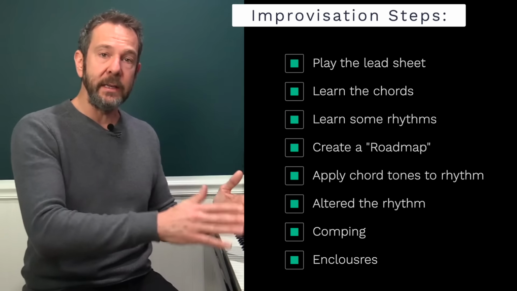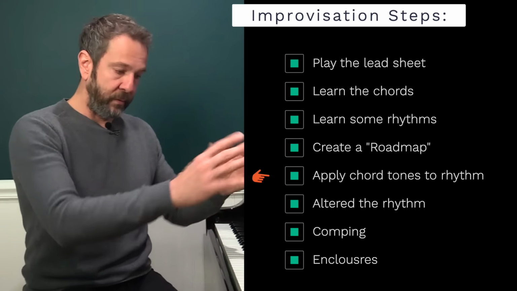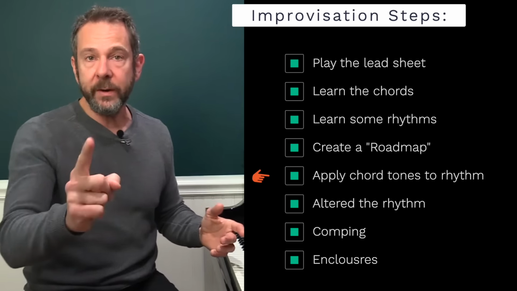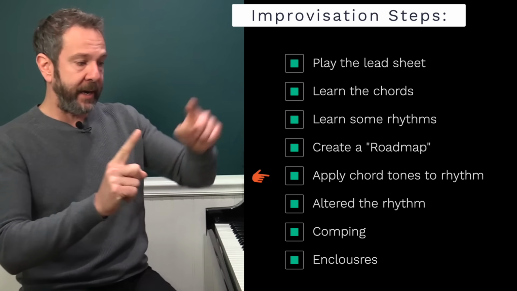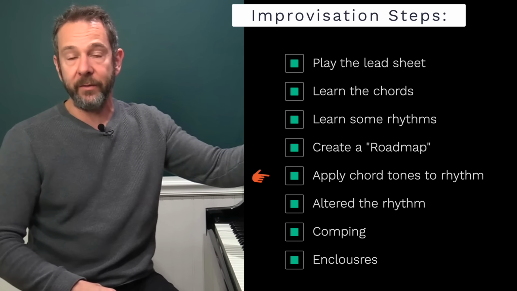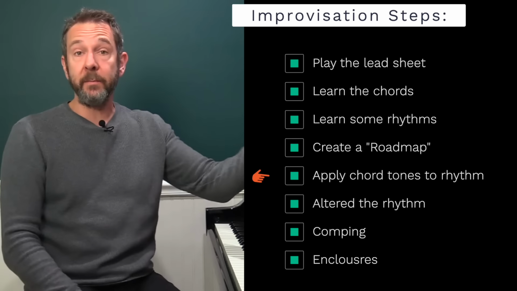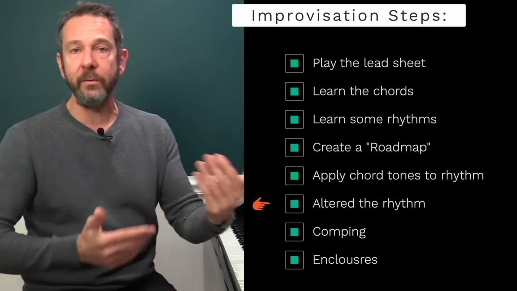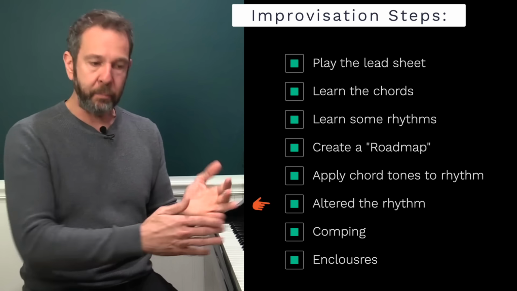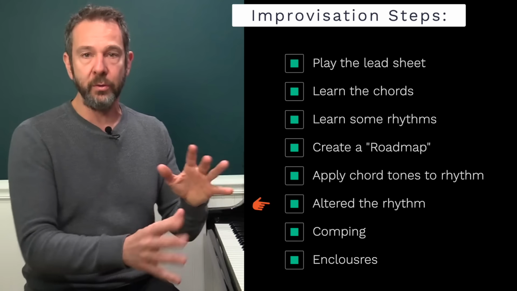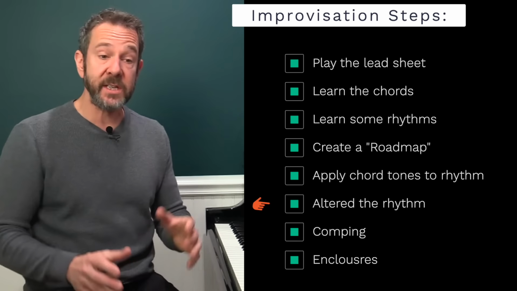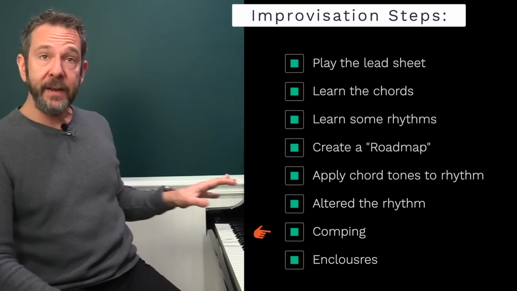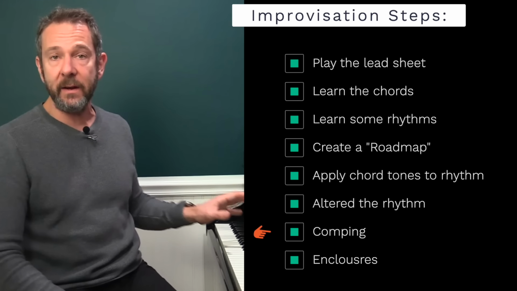After that, we fill in the roadmap with 1 rhythm. We used 1 rhythm and applied our chord tones to that 1 rhythm, right? That was step number 5. Then step number 6, we altered the rhythms, right? So we changed the rhythms around, we added some new rhythms and applied notes to those new rhythms. That's step 6. Step 7, we added in the left hand,